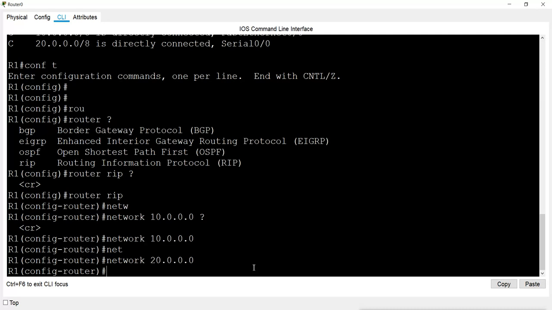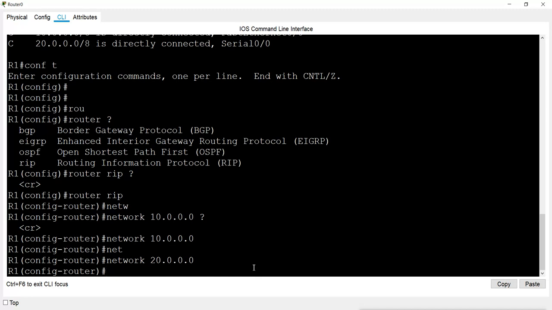So if you want to decide which version you want to use, now if you don't mention any version, by default it will go for version 1. And if you want to change the version, and you should change, because nobody uses version 1 now because it is not good, it has very many drawbacks.